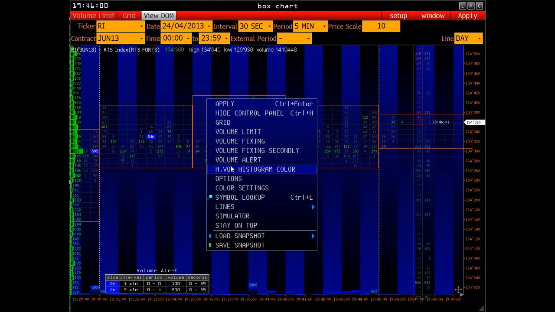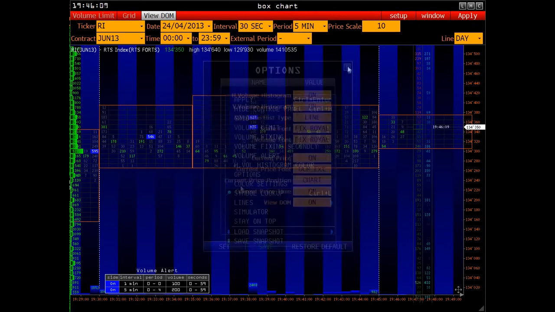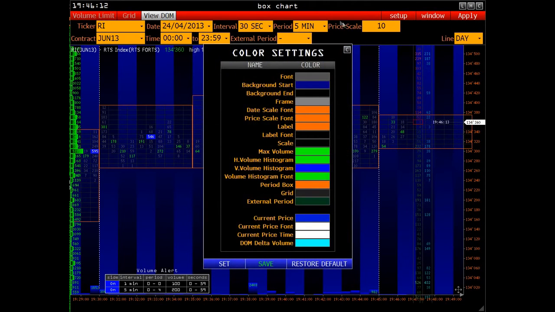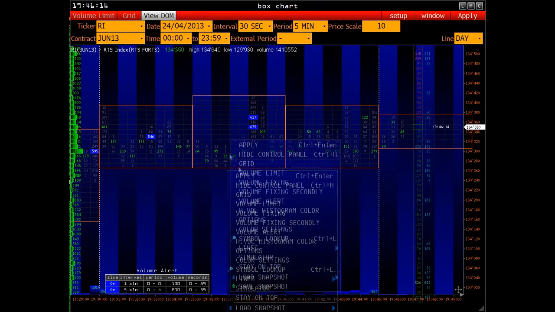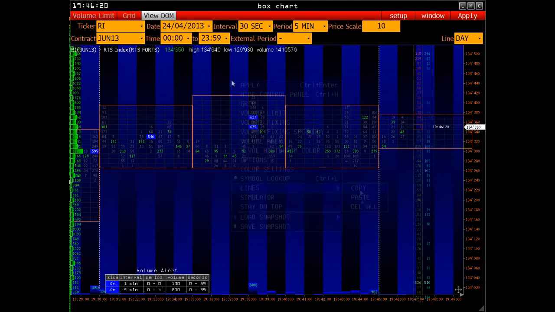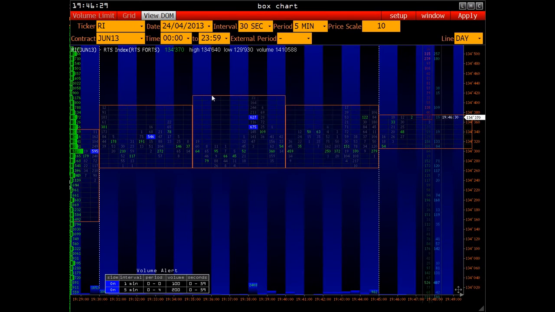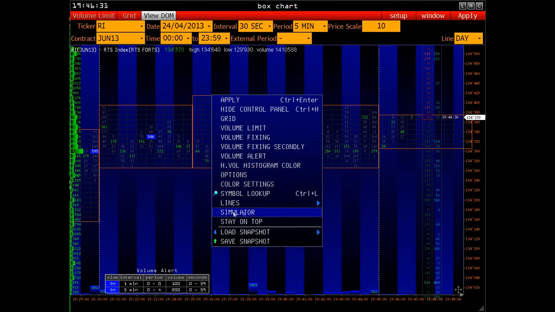Let's continue our review of the functionality. Standard options, standard color settings, standard symbol lookup, working with lines, copy, paste and delete functions, connection of simulator, stay on top function,